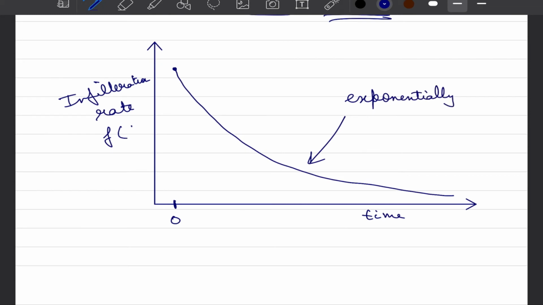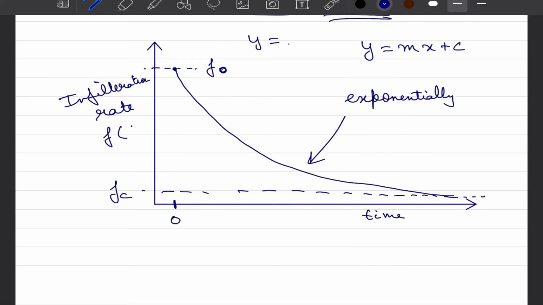And we have two benchmarks here. One is the initial rate of infiltration, which is going to be the highest, and after a long period of time, it asymptotically reaches a point where it stabilizes, which we call Fc, or the field capacity of infiltration. There has to be a constant because this is a curve, and if we plot it on a semi-log scale, if you recall, any equation can be expressed as y equal to mx plus c. If our equation is y equal to e to the power minus mx, if I take log on both sides, it becomes log of y equal to minus mx. So again, we need to have a slope.